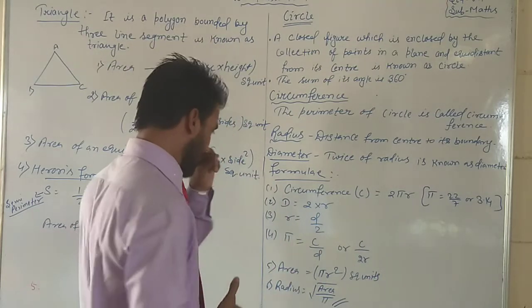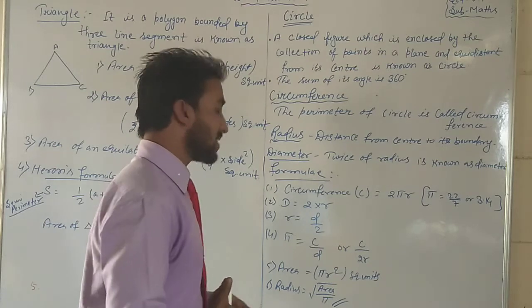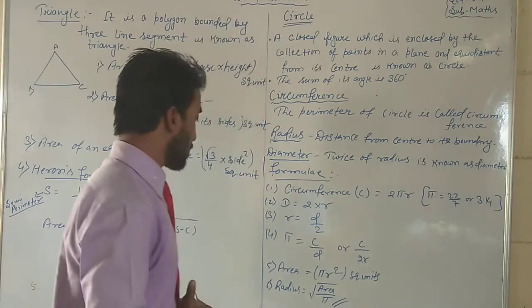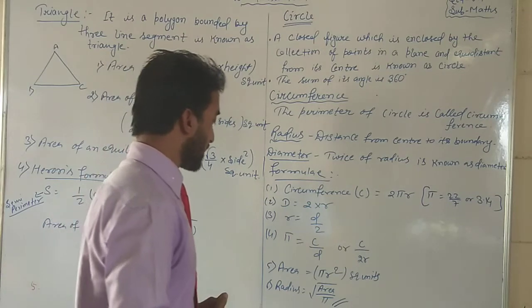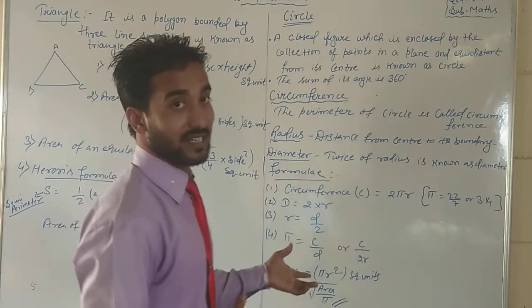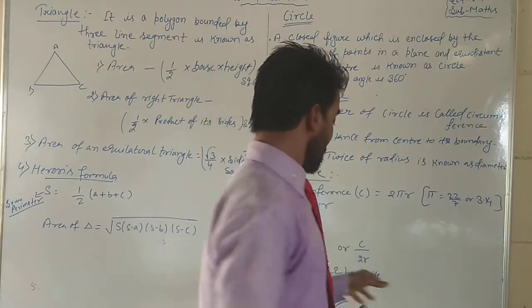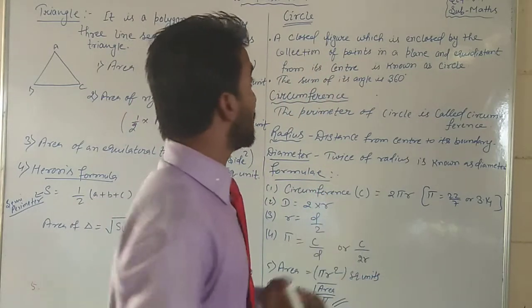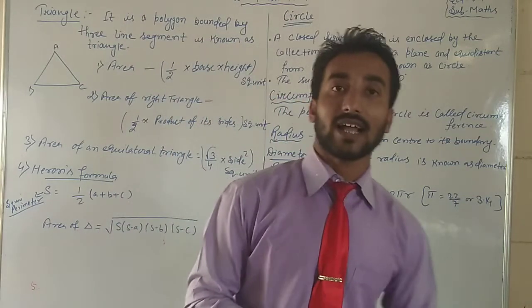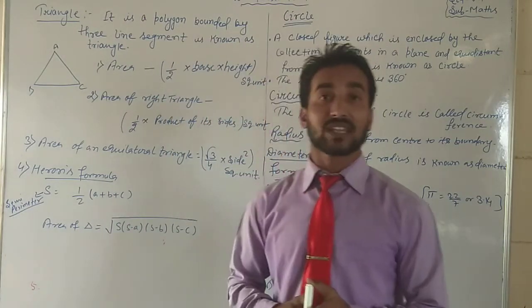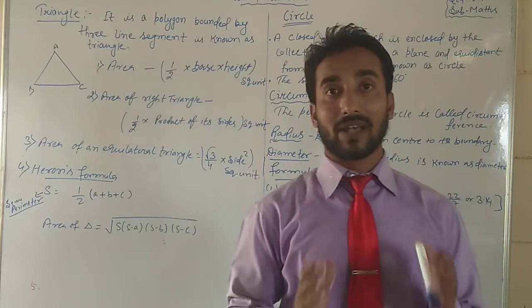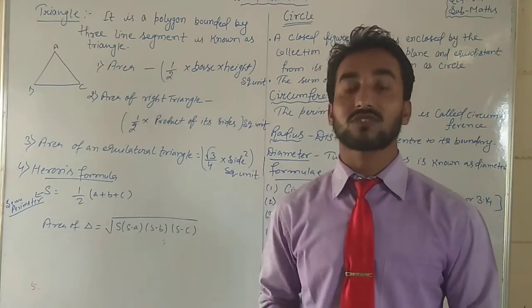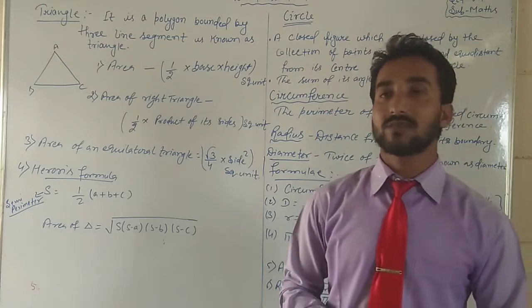Okay. See, next thing is the radius. Radius is equal to root under area by pi. So whenever you have to find the radius when the area is given, we find root under area by pi. Okay students, I hope this is all about the circle as well as the triangle, and the answer portion was already recapitulated earlier also. The remaining portion is what we have completed in this video.